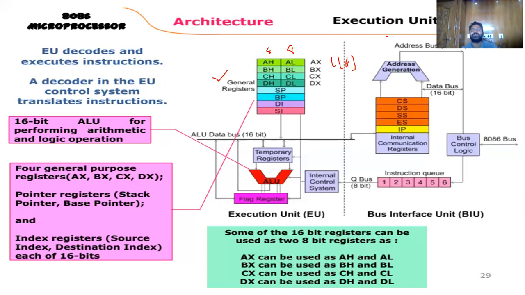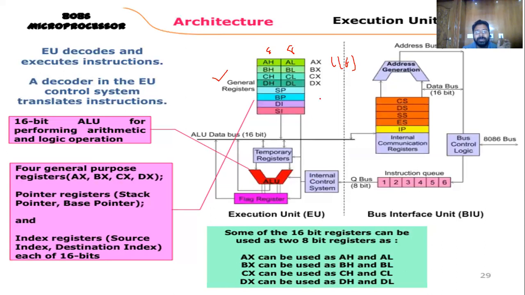It can identify the code of that particular instruction. Whether it is a move, you can identify the move. Suppose you write a move instruction; this execution unit decodes it, so it knows it is a move instruction. Then it goes to the command for move, comes back to the code, and executes it, much like an assembler. Then it has the ALU, the arithmetic and logical unit, which can perform arithmetic and logical instructions.